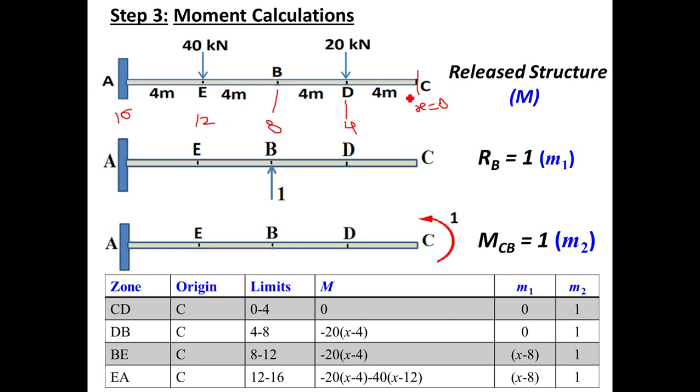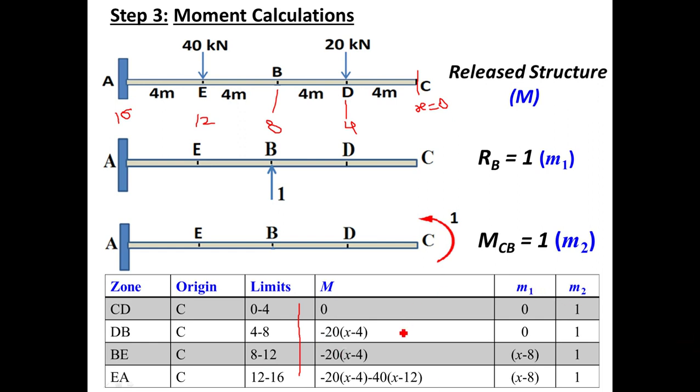So what are the initial and final points of these zones, which are also called the limits of the zones? The limit of the first zone is X equal to 0 to 4. Then the second zone is 4 to 8. The third zone is 8 to 12. And the fourth zone is 12 to 16. So that is the third column of this table, representing the limits of the zone: 0 to 4, 4 to 8, 8 to 12, and 12 to 16. So these are the first three columns of the table.